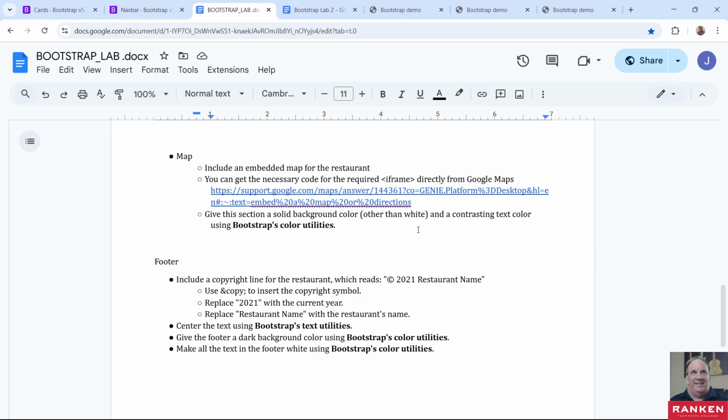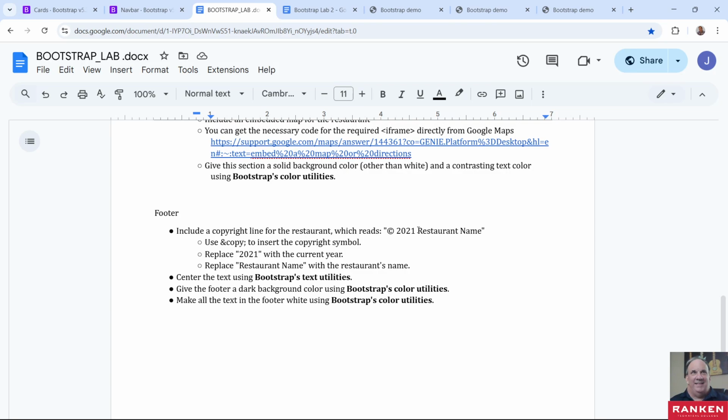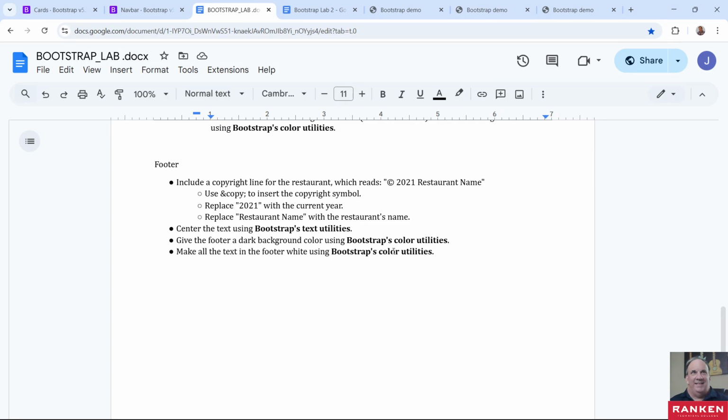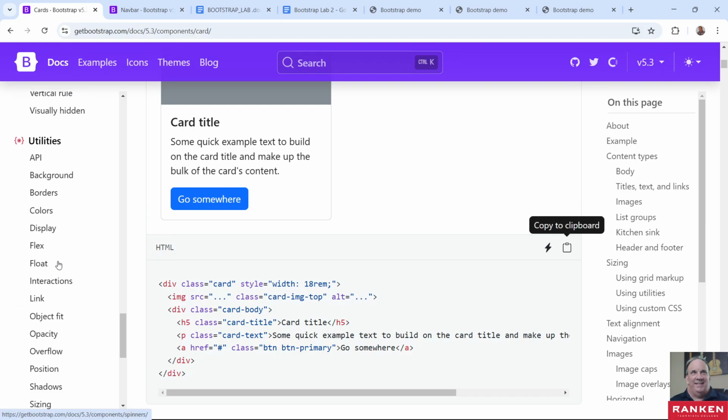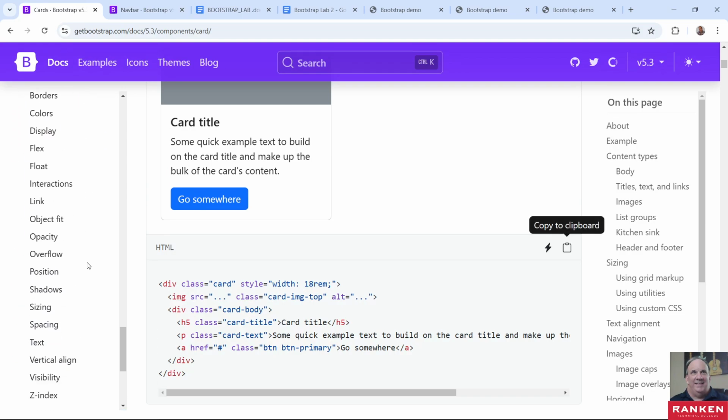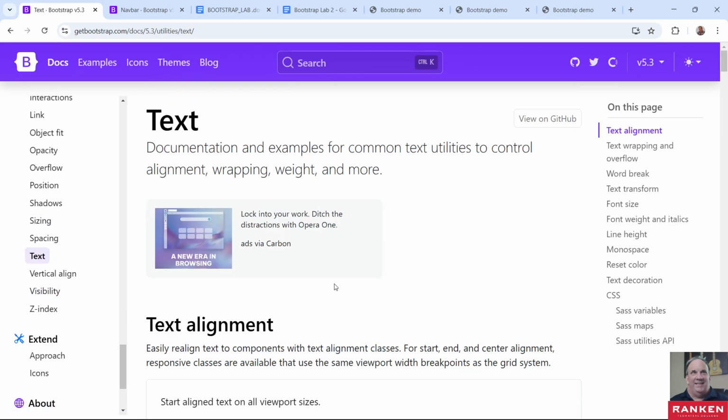And most of this is basically what you've done already. You've already done this assignment, but you're just adding Bootstrap. So the text utilities, color utilities, which we already really looked at, but that's all here. You've got these different options for text, right? Let's see, text